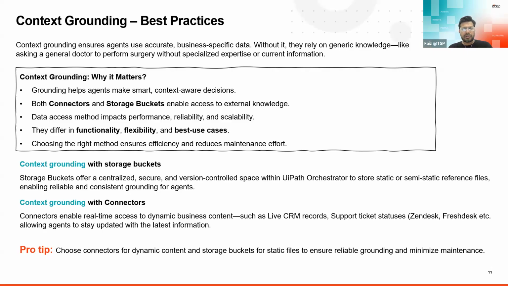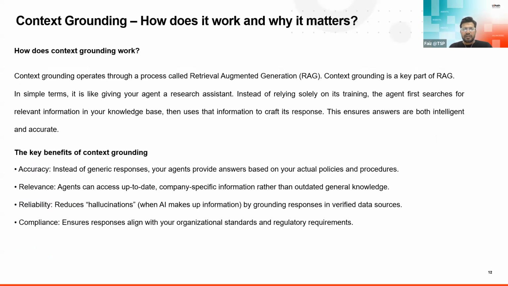So these are required in order to build the context grounding to get the data or feed the agents to take decisions, right? So here we have key benefits. You can see accuracy instead of generic purpose. Like the agent is responding, and the agent can also use its own intelligence, what we built it for, right? So instead of generic responses, your agent provides answers based on your actual policies and procedures. This can all happen through context grounding, where we are putting in the SOPs and standard documents of the organization. The other is relevance, meaning the agent can access up-to-date company-specific information